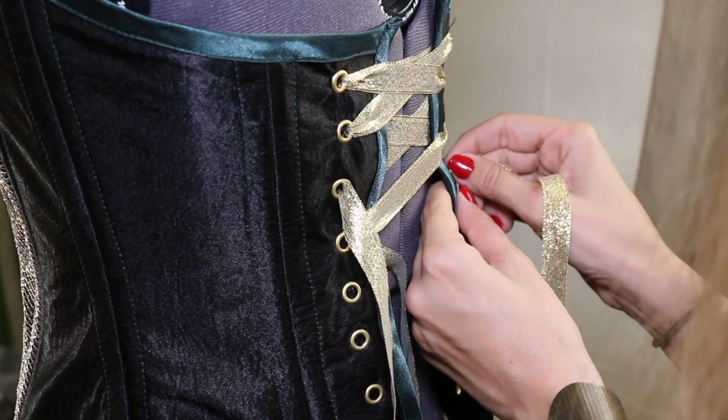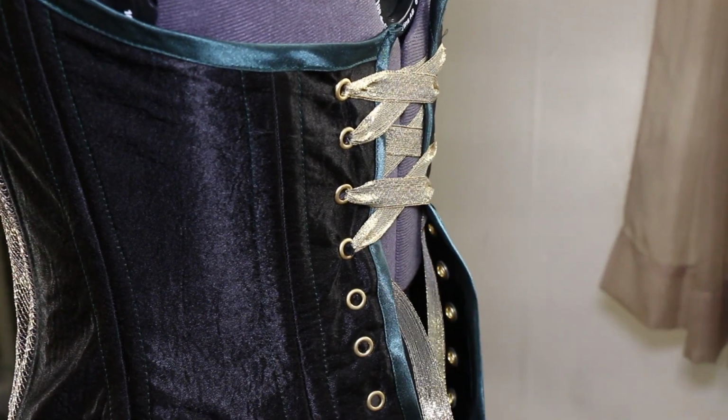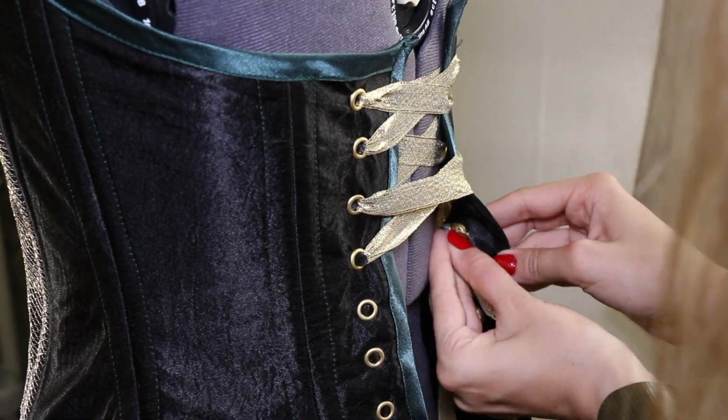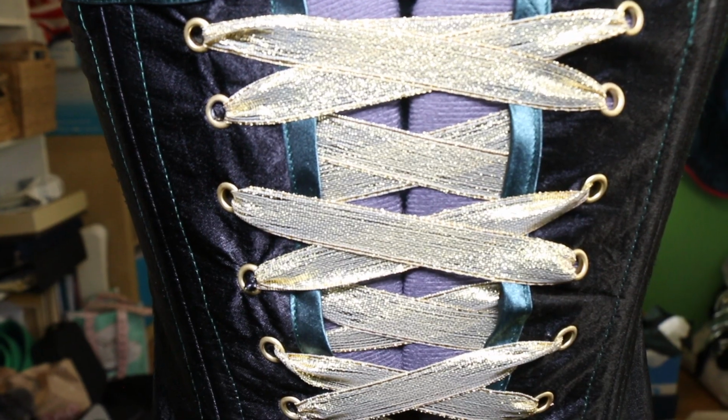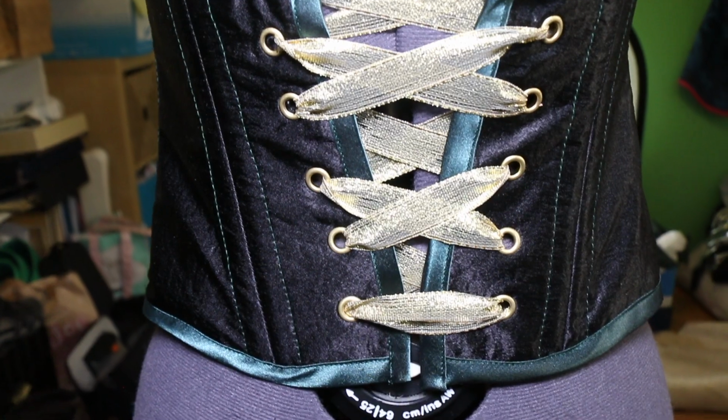Now, while I will use a black lace when tying this up for a slithering corset, this lovely gold nonsense was perfect for Loki. Also, while there are other lacing techniques we will explore in a different episode, I went with the simple X's up the back for...